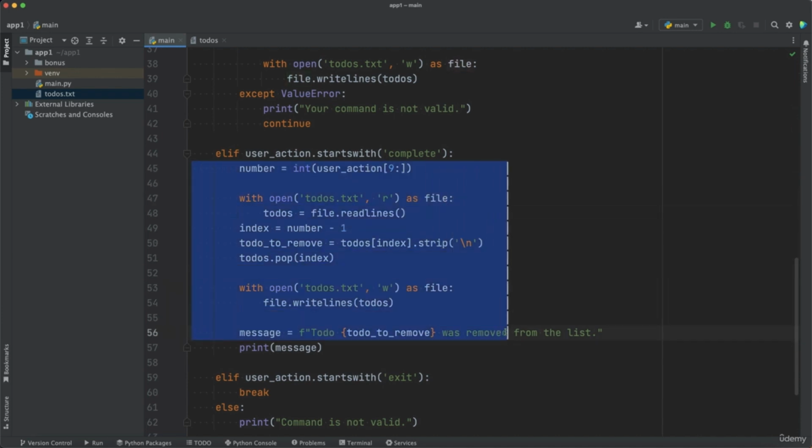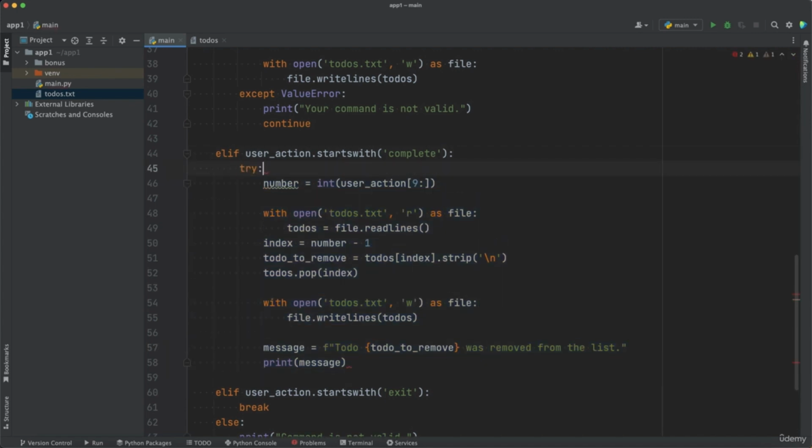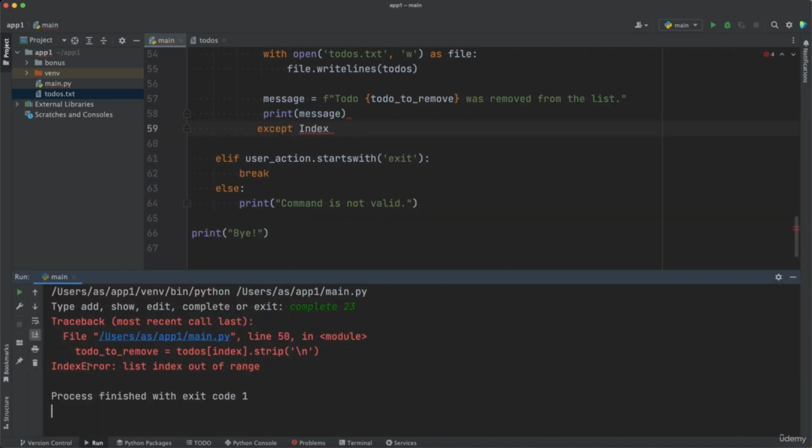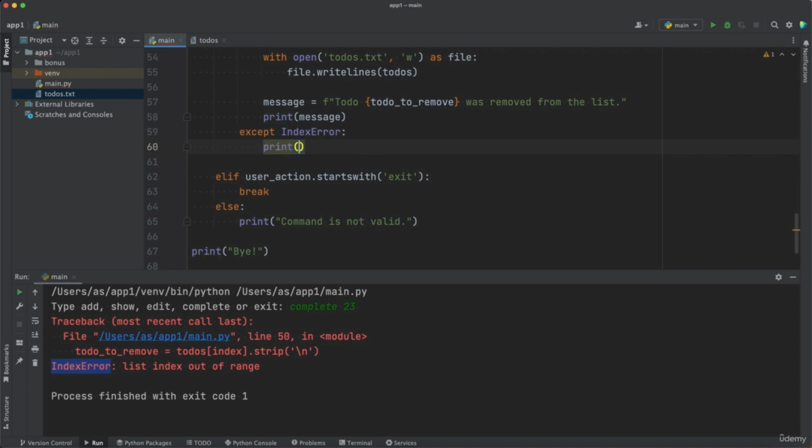So again, we want to select all the lines which are under elif, and we want to indent them by pressing tab, and then we want to add try here. So we will try to execute all that code and then catch an index error. So if that's the case, we want to print out there is no item with that number,